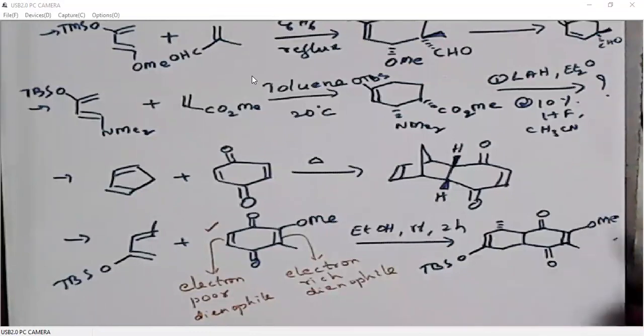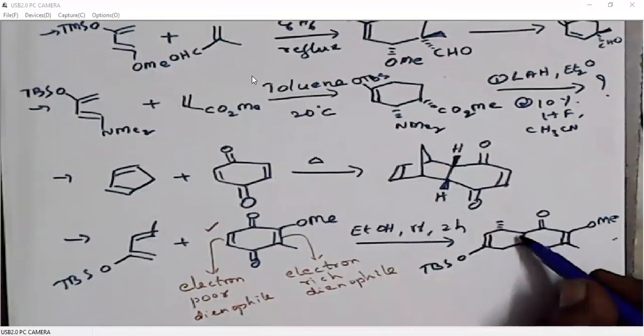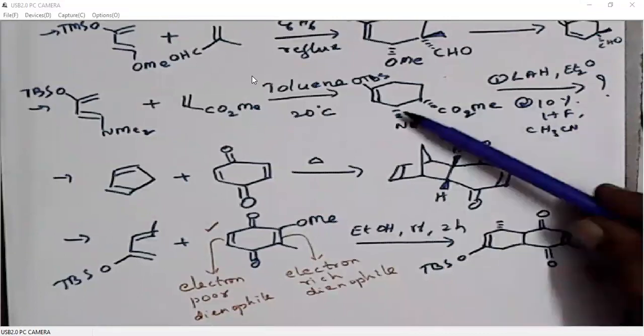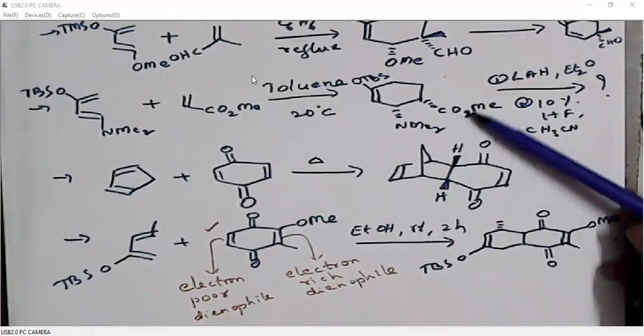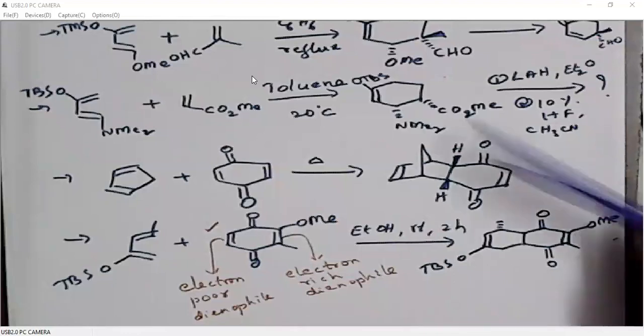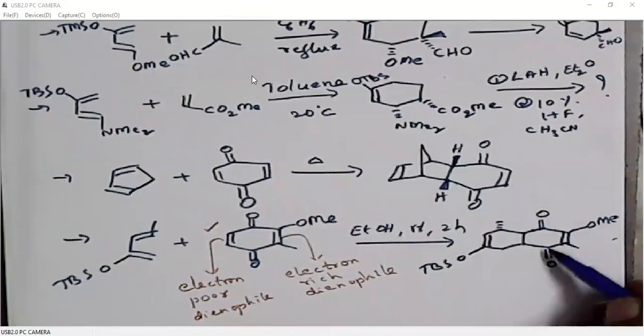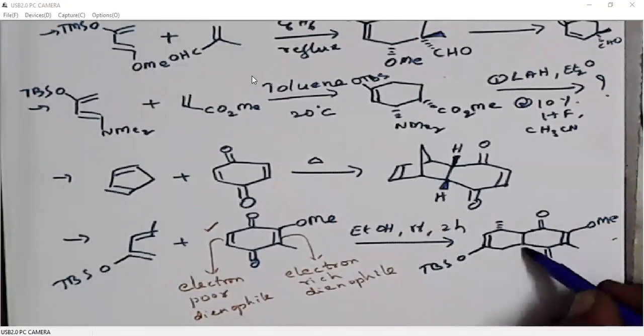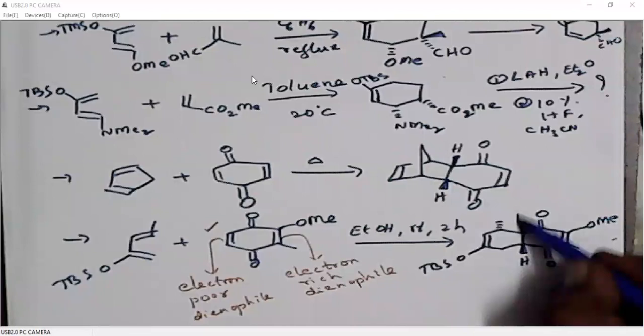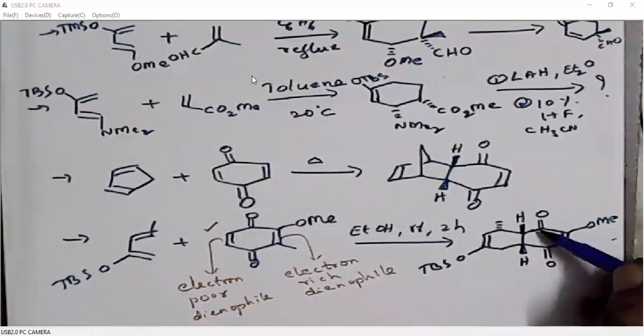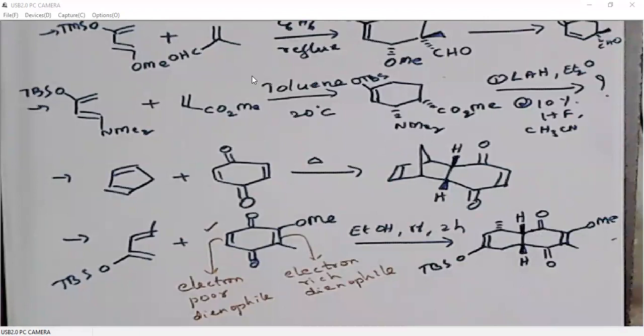Then it is important to write the stereochemistry here. In the previous case, if it is an acyclic system, what we used to do, the endo product, the endo groups we used to write below the plane, right? That means this alkyl group and this carbon, these two bonds must be below the plane. But since it is a cyclic system, it looks awkward to represent them below the plane. So whatever hydrogens are there, we represent them above the plane. If hydrogens are above the plane, obviously these carbon groups will be below the plane. So this is how we will represent the product.